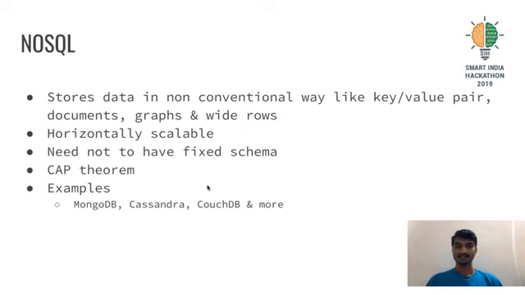In RDBMS databases, we'll be storing all our data in the tabular format. It will be something like an Excel sheet. But in NoSQL databases, it is not going to be like that. We can still store the data in tabular form, like whatever we are storing in the RDBMS, but it can save more than that. Something like key value pairs, where I can save a key against a value, and then I can store my documents, graph data,